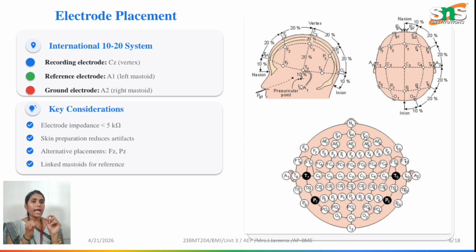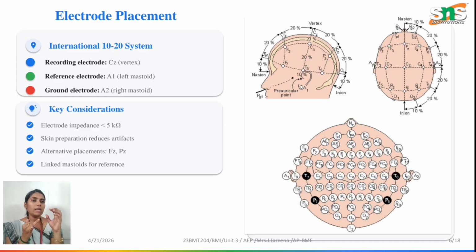The recording electrode is the active electrode, which we place on the sensory part of your brain, that is the occipital, auditory cortex, that is the temporal side. Then the reference electrode we will place at the left mastoid, and the ground electrode on the right mastoid. The key consideration for this electrode placement is that electrode impedance should be less than